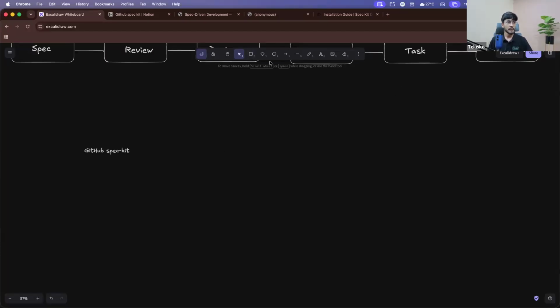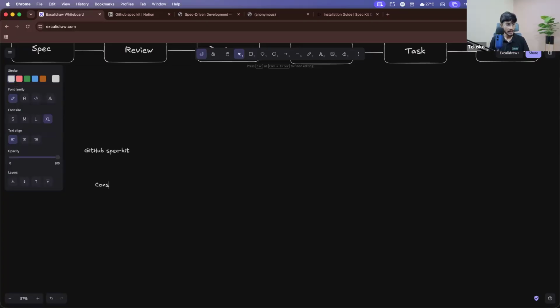What type of feature? First thing, you will get a feature of constitution. It is a command available in your GitHub Spec Kit, and it is a part of spec driven development also. So if you want to create a more detailed spec driven workflow, you can have this command also in your particular project. I'll tell you what this constitution feature actually does, but just now understand that you can have this constitution feature as a first step in your spec driven development. After this,